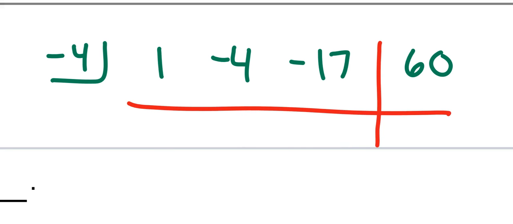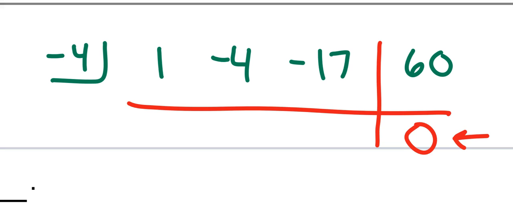Okay. 1, -4. What are my next two coefficients? -17 and 60. Okay. You need to practice your synthetic division. What are we supposed to get down here? 0. Every one of us should be getting a 0 in that bottom right corner because we know that -4 was told to us. It's a 0. It better be giving us a remainder of 0. Otherwise, number 1, you did something wrong, or number 2, I lied to you. Those are the only two options.